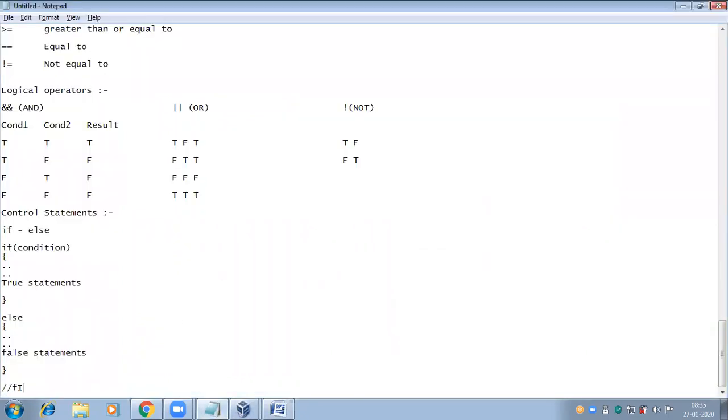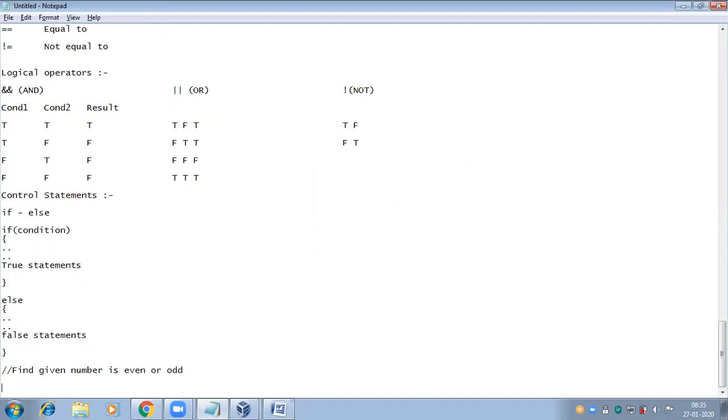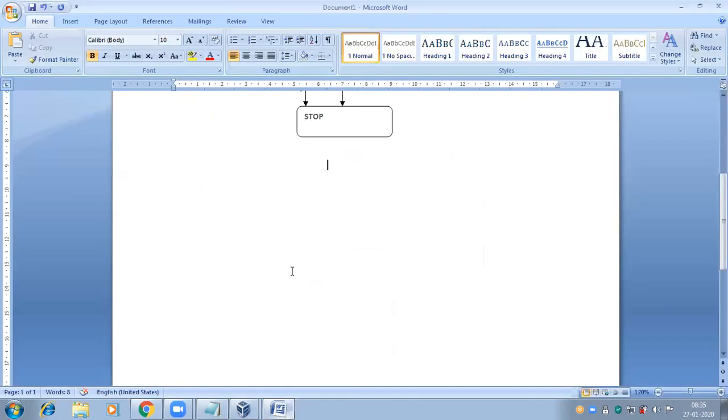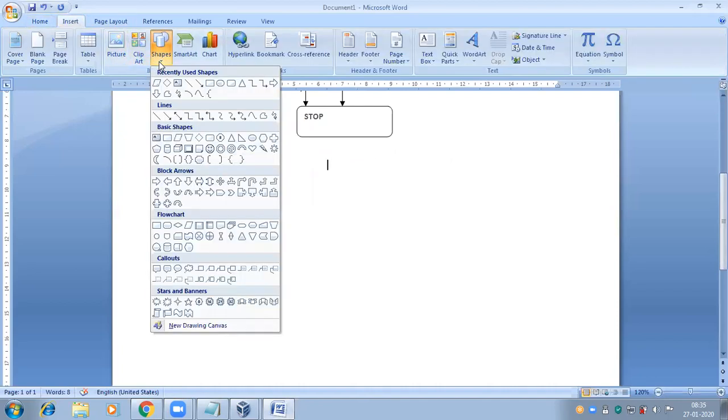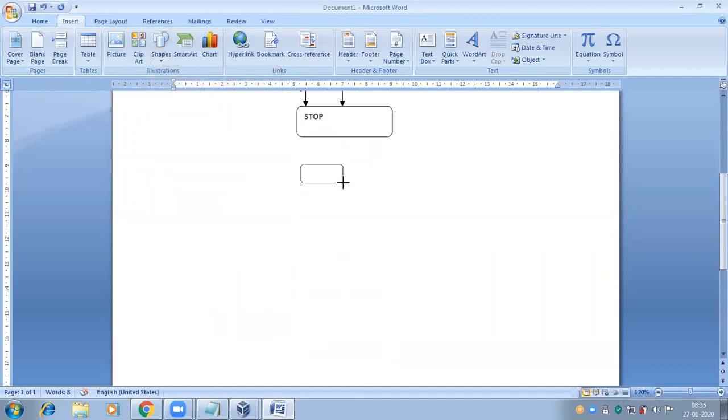So here I'm writing: find whether the given number is even or odd. Only one variable is required here. Here I'm starting.